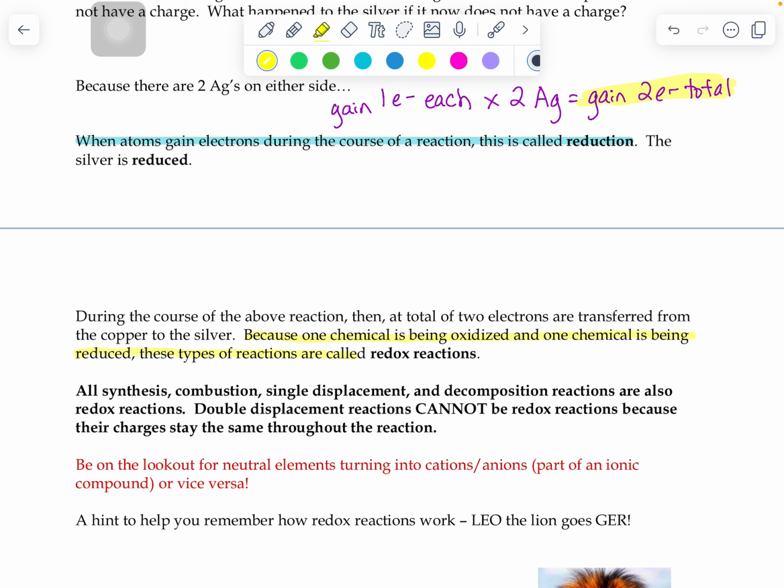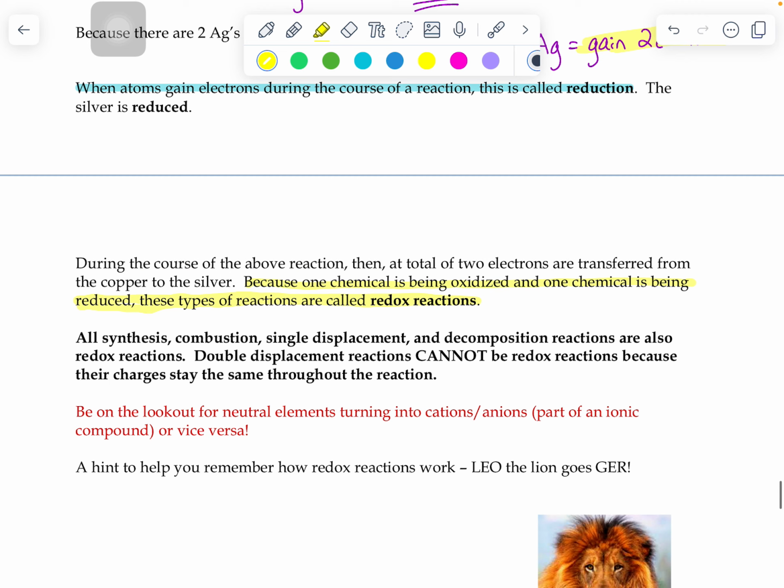who takes those electrons, because you can't just make electrons disappear into thin air or appear out of nowhere. So you can't have one without the other. Because one chemical gets oxidized, one gets reduced. We sometimes call them redox reactions for short. Anytime you have a synthesis, combustion, single displacement, or decomposition reaction, they all fit under this bigger category of redox